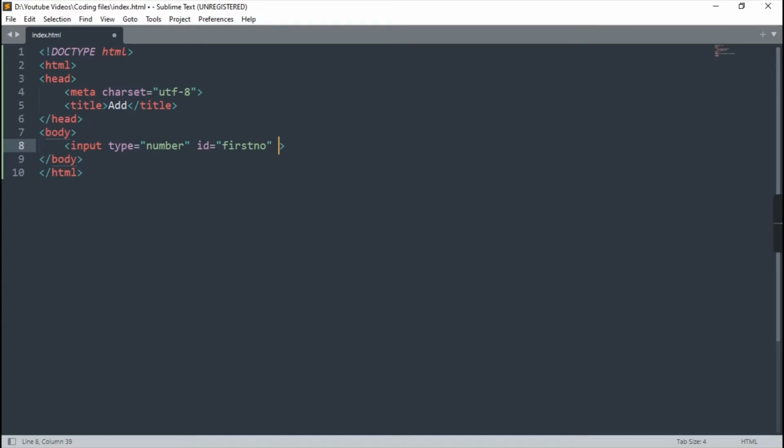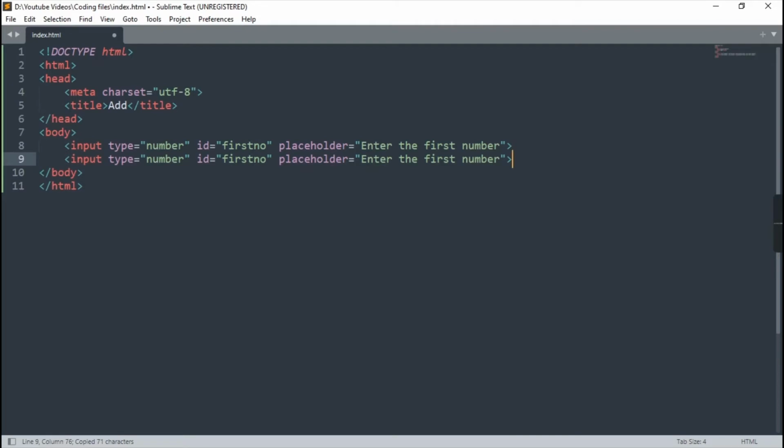And then I'll give the placeholder. Placeholder is basically a text that is appearing in an input box, but as we type anything it will disappear. Okay, like my placeholder will be, enter the first number. Okay, now we are copying this whole thing because we are taking two numbers, we need two inputs. Okay, but in id we will change it from first to second, and over here we will make it